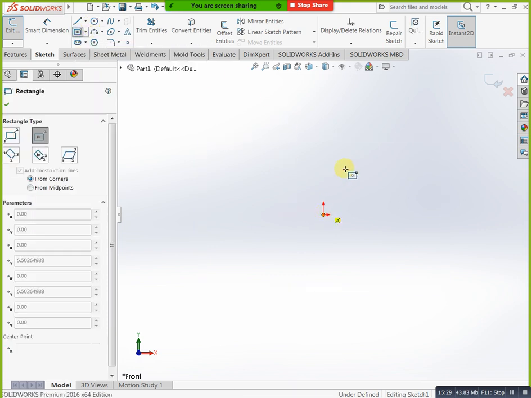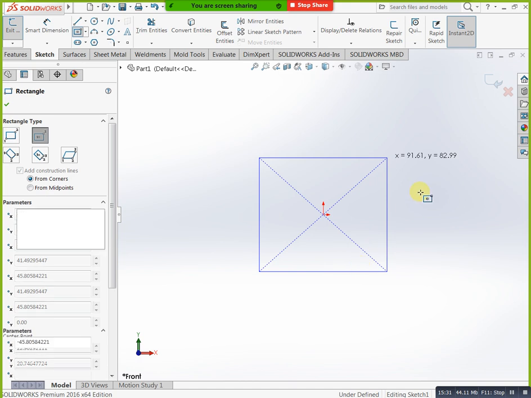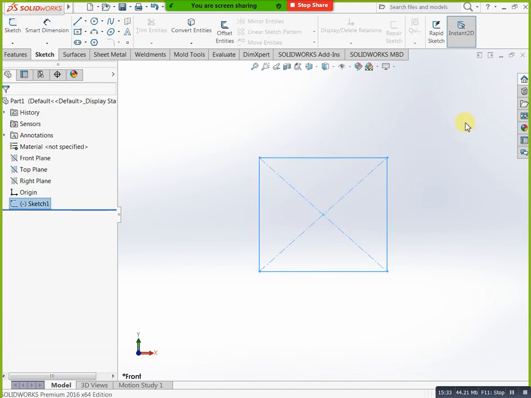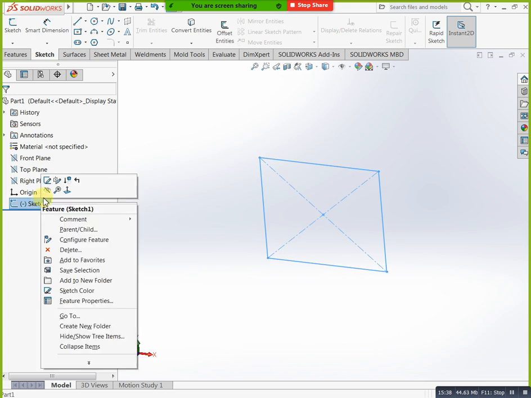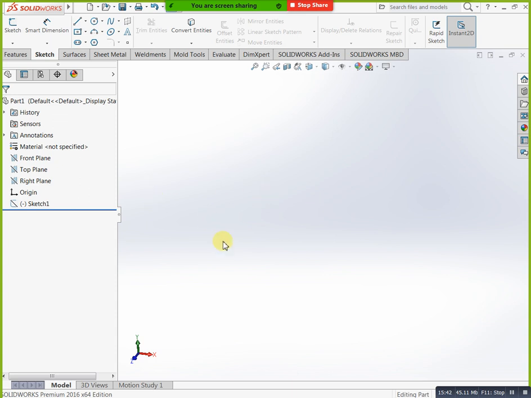Okay, now I need to hide this one. Just select it, right click here. Okay, here we have the hide option, na? Select this one, hide it. Okay, for this type of hiding purpose we need show or hide, na? Just right click. If you need to show, you can click here, that eye symbol, just for hiding and showing purposes. See.